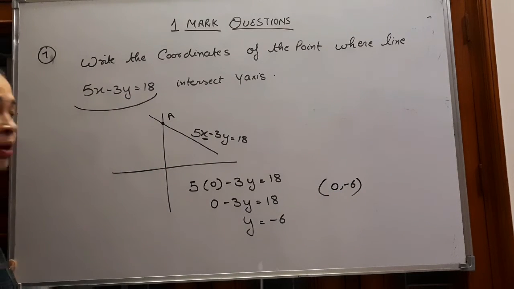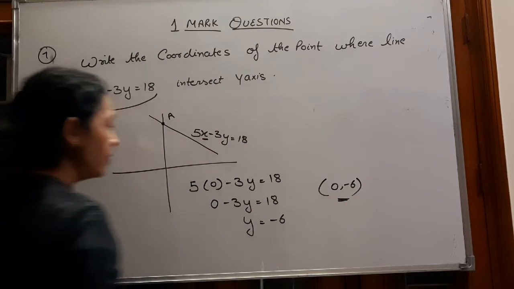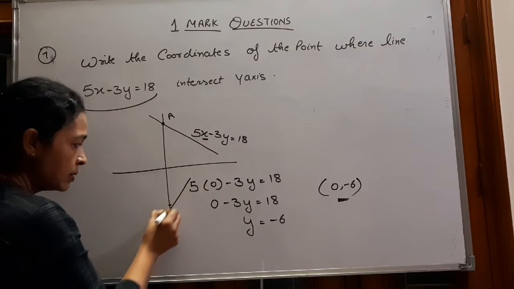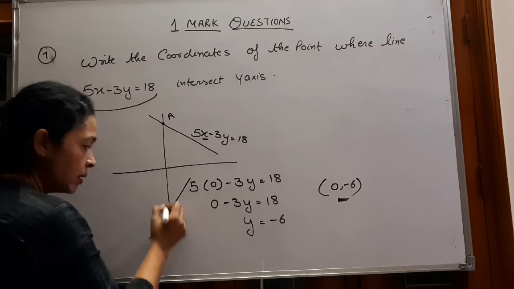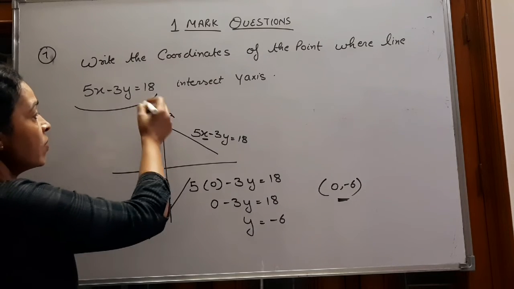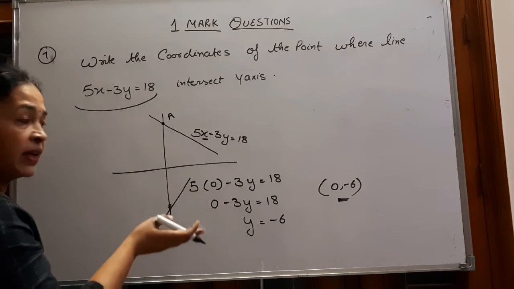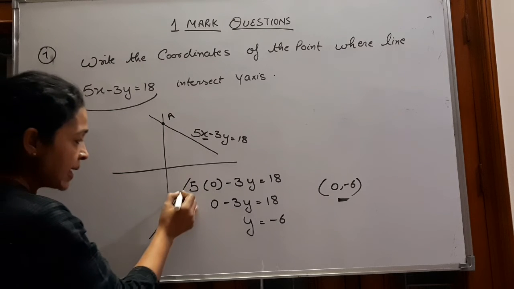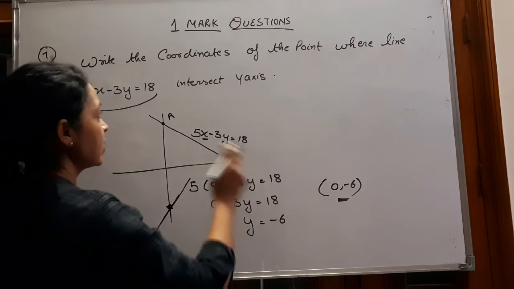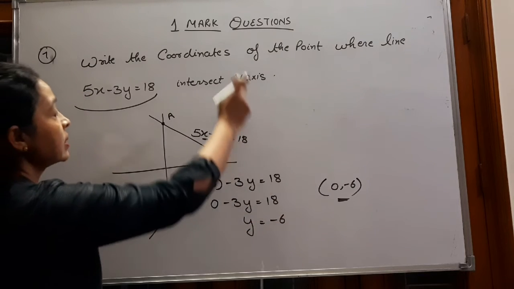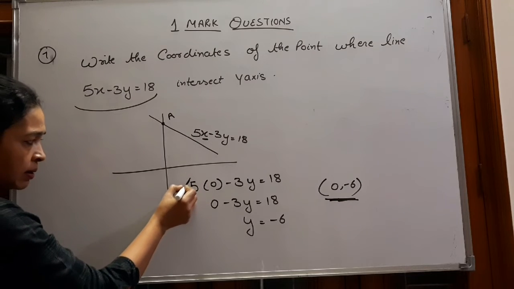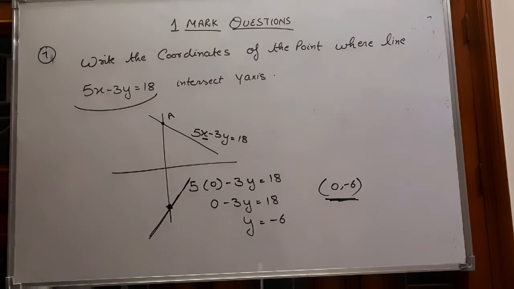But before doing this question, we don't know that y is negative. The negative y will be something here and the line will be like this. This is the y-axis and x will be 0 here. But for our convenience, we do the graph in the positive direction. But actually this line is in this direction with our ordinate minus 6. Therefore, the point at which this line intersects the y-axis is 0 and minus 6. This will be the line. Clear?